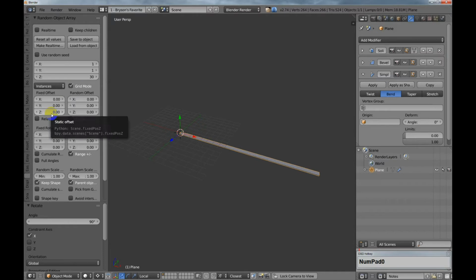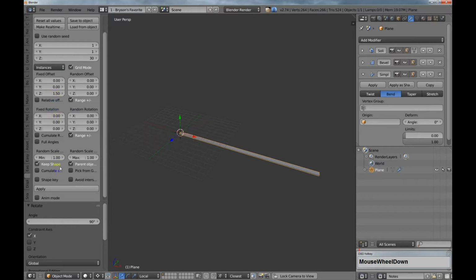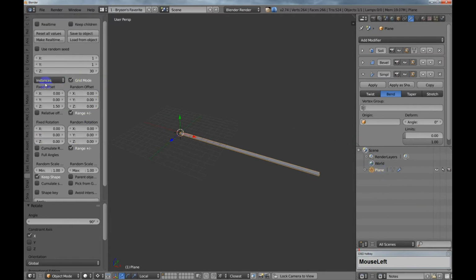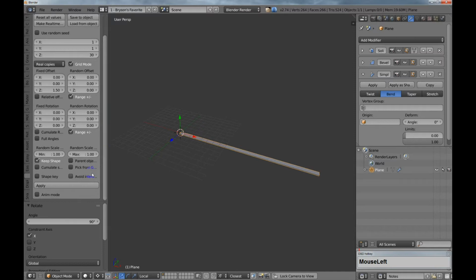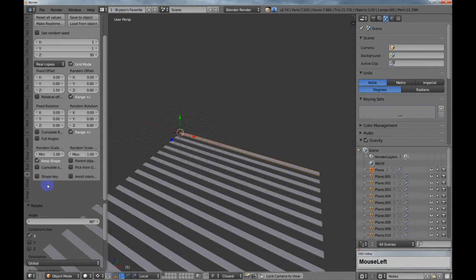So on the Z, I'll just say like 1.5 for the value, and I don't want to parent it, because otherwise when I create all the copies they would be underneath that, which I don't want. I want them to just be on their own. And then instead of instances, I'm going to choose real copies. All right, and then I'm going to hit apply, and if I did it right,